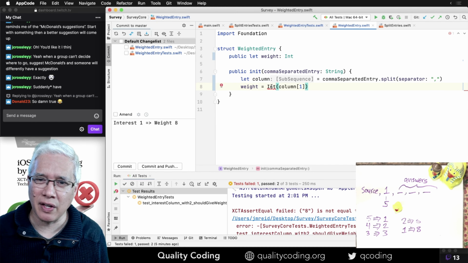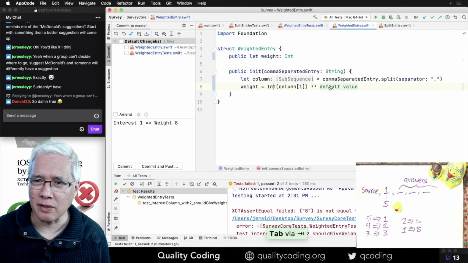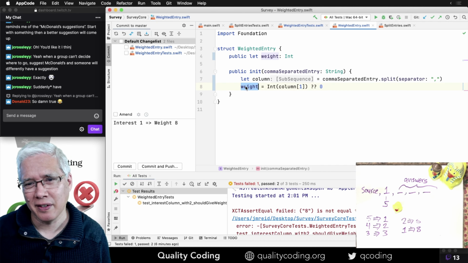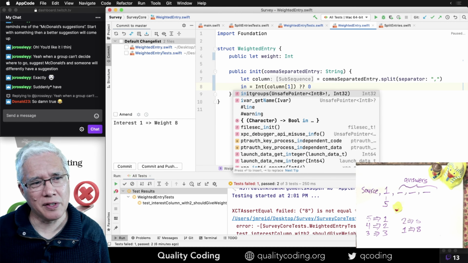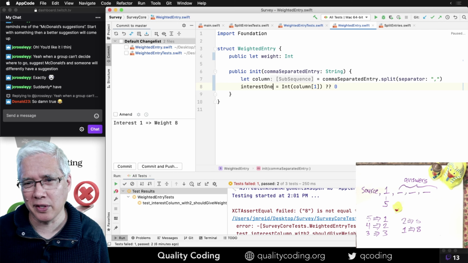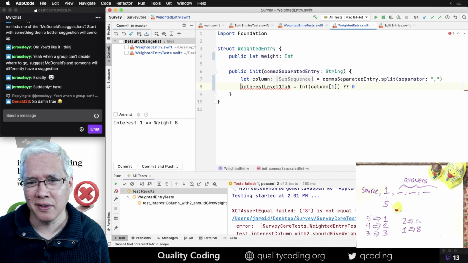Let's do this, except this isn't right. This is not the weight. I'm doing this wrong. This is interest level, interest level 1 to 5.